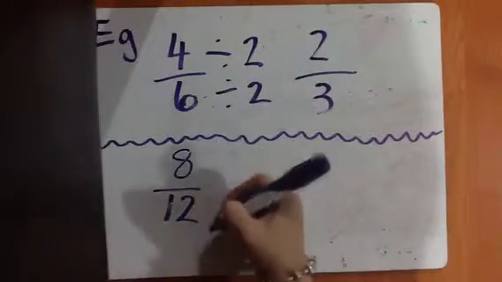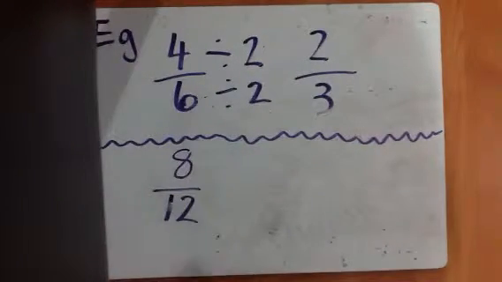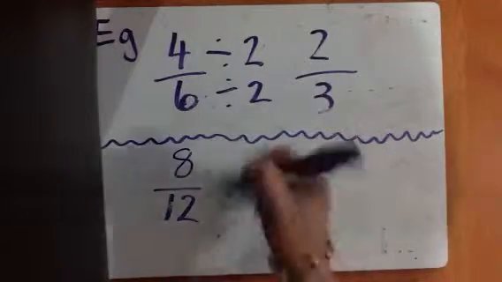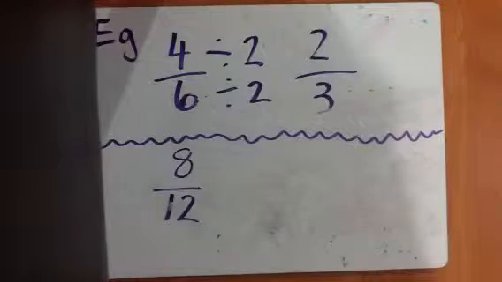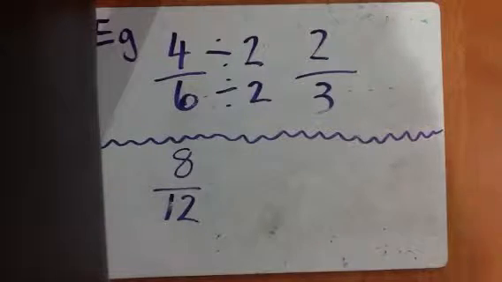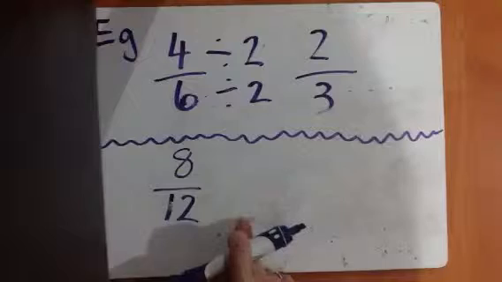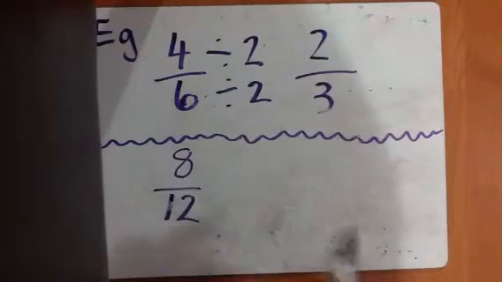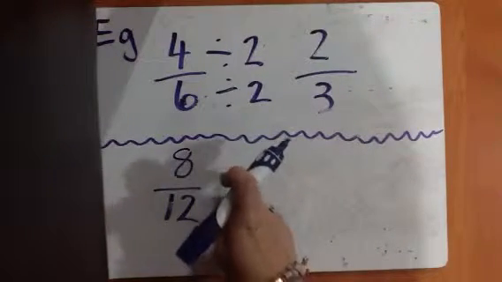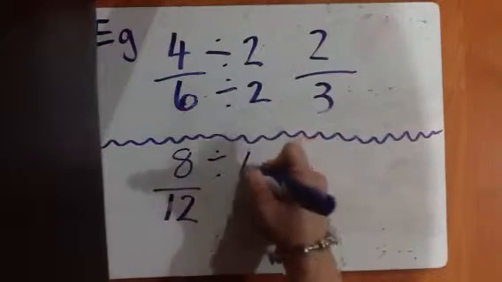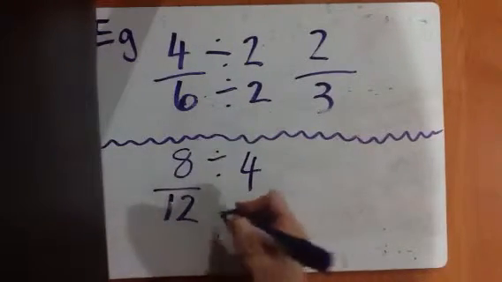I have 8/12. Okay, because they're both even numbers, I know that 2 can be divided by them evenly, but I also know that 2 is not the biggest number that goes into both 8 and 12. And because I have a good understanding of my 4 times tables, I know that 8 can be divided by 4 and 12 can be divided by 4, and that 4 is the biggest number that goes into both 8 and 12. So I divide 8 by 4, and I divide the denominator 12 by 4,